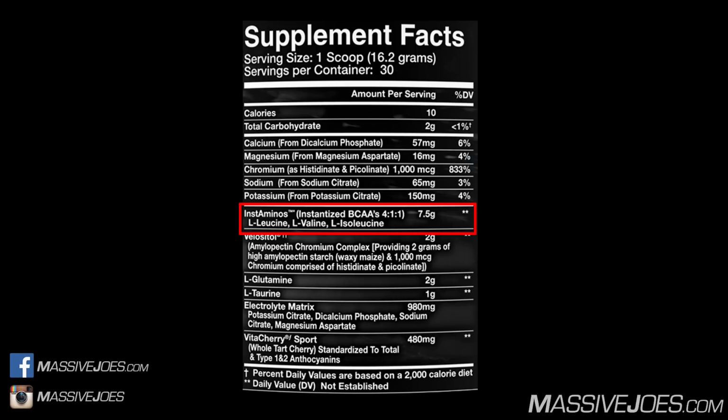Olympus Labs have decided to go with a much higher percentage of leucine, full 5 grams of leucine as a matter of fact, and a 4:1:1 ratio to really target that increasing protein synthesis aspect of BCAAs. And you'll see how that all ties in to the ENDUR matrix as we proceed through this raw review and go balls deep in more of these ingredients. Moving right along, we then get into Velocitol, which is the